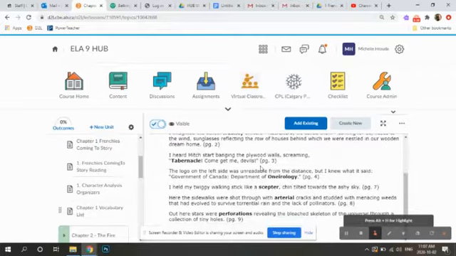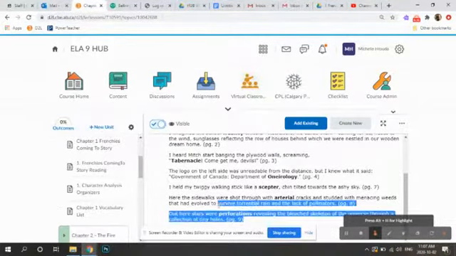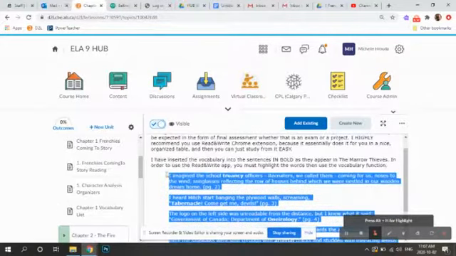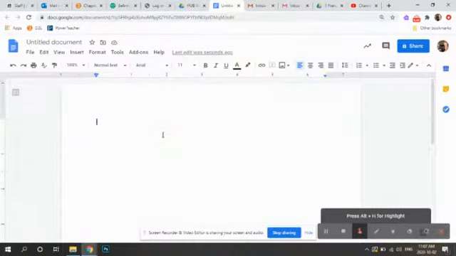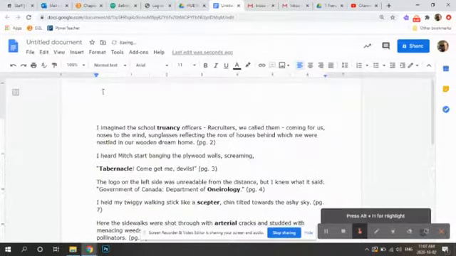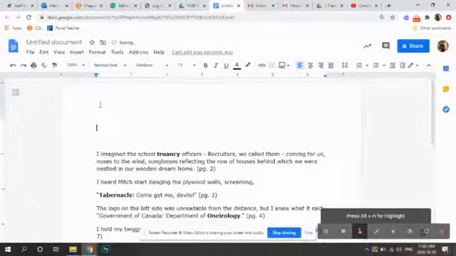Okay, I inserted the vocabulary into the sentences they're found in within the book. So I want you to copy and paste those sentences. You don't need to do the entire thing. You're going to open up a blank Word document and paste it in. Actually, what you should do is title it Marrow Thieves